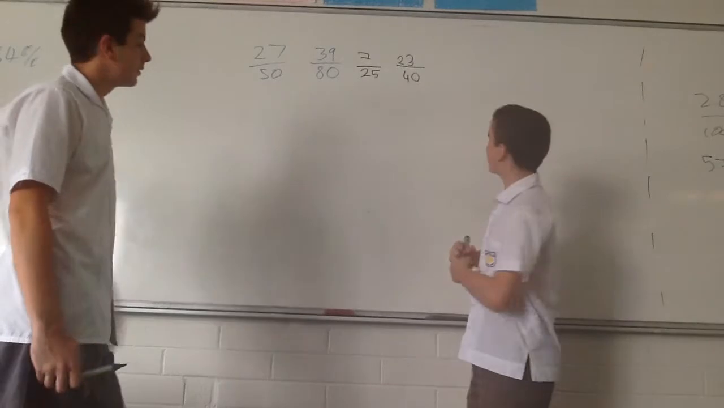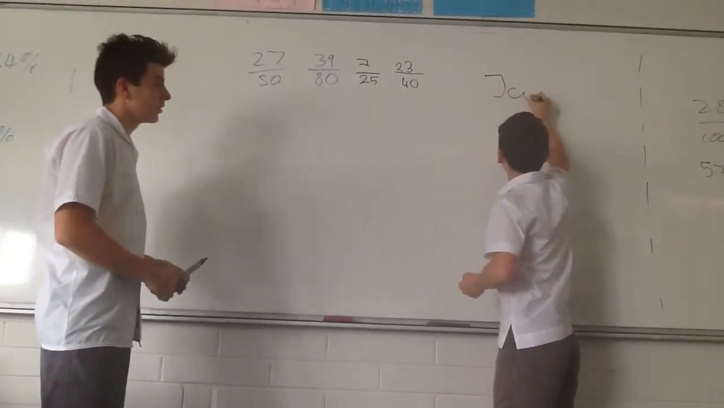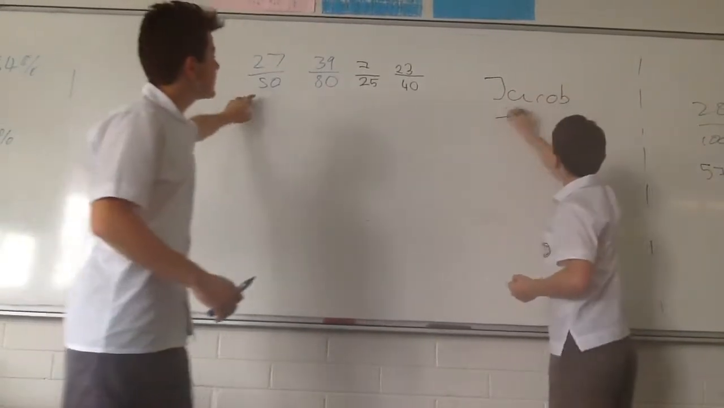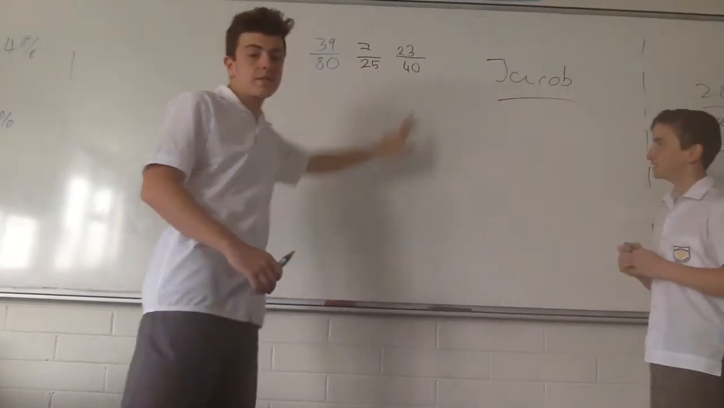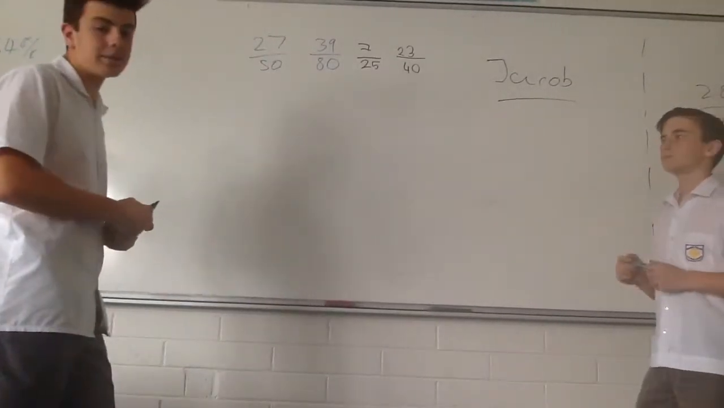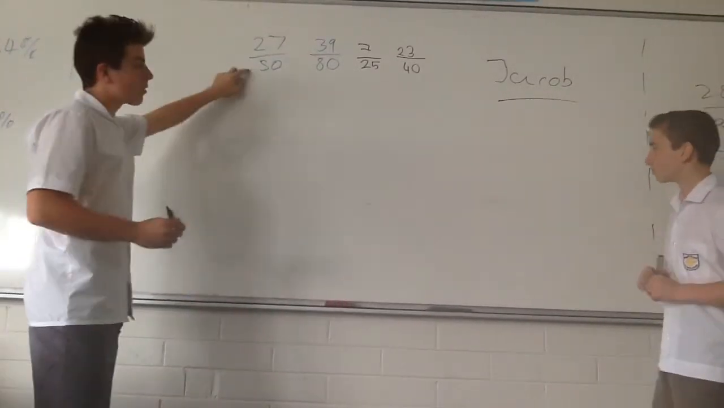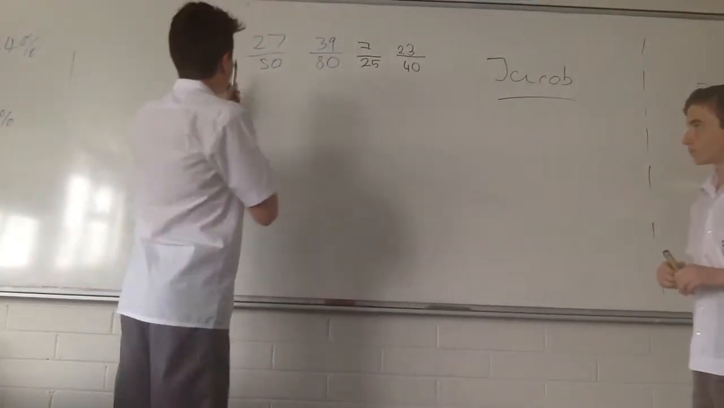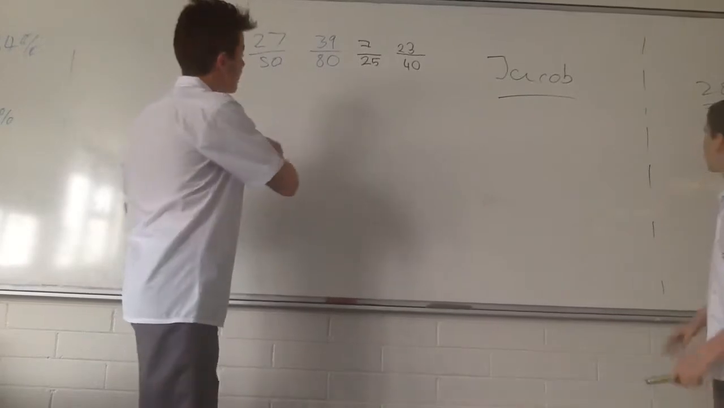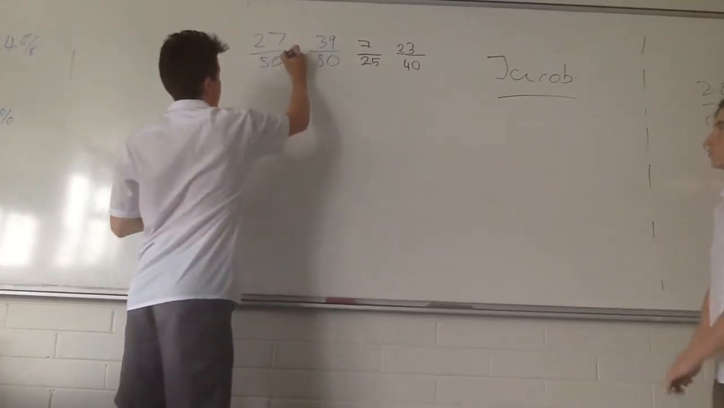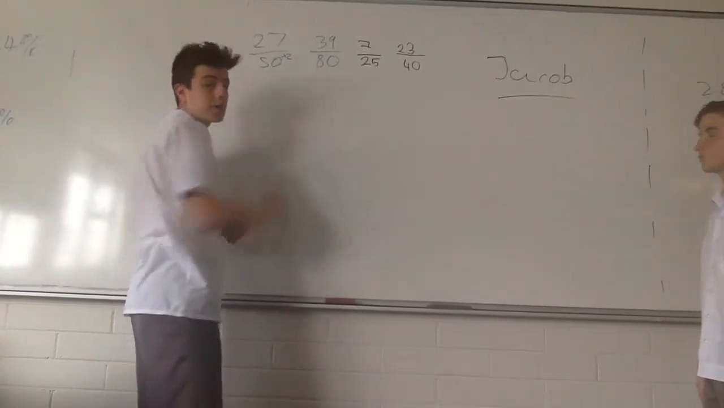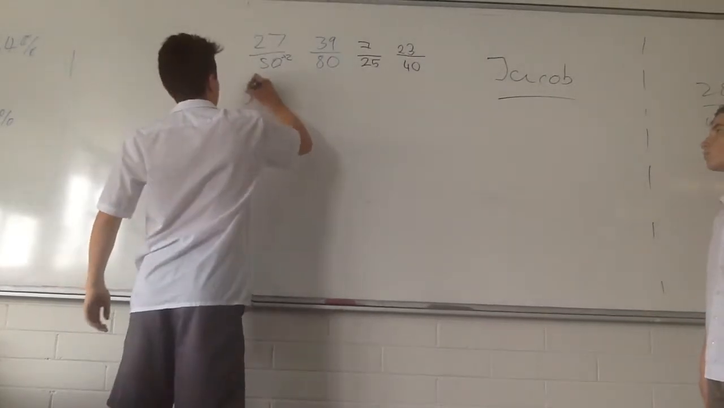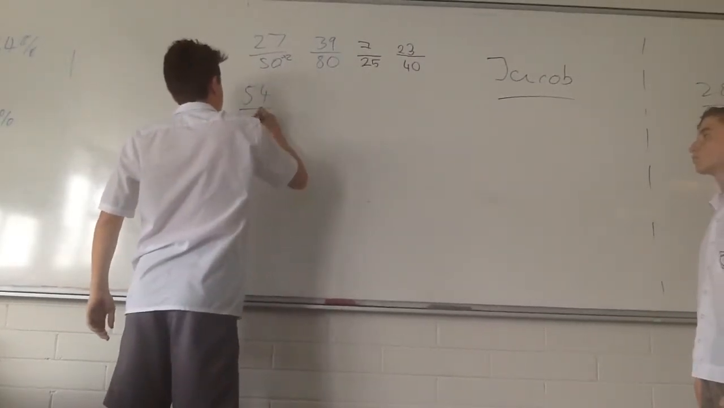Let's just pick a random name here, so let's go like Jacob. Each of these are all worth 25% of his end of year mark, so we want to work out what his end of year mark is. The first thing we're going to do is make all of them a percentage. With this first one, we do 27 out of 50, and we want to make it over 100. So we go times 2, because 50 times 2 equals 100, and that should equal 54 over 100,